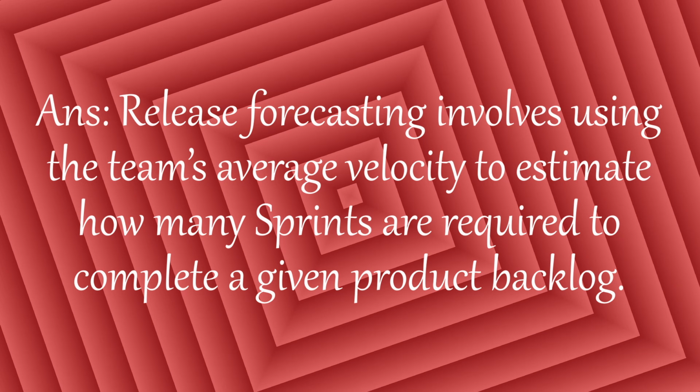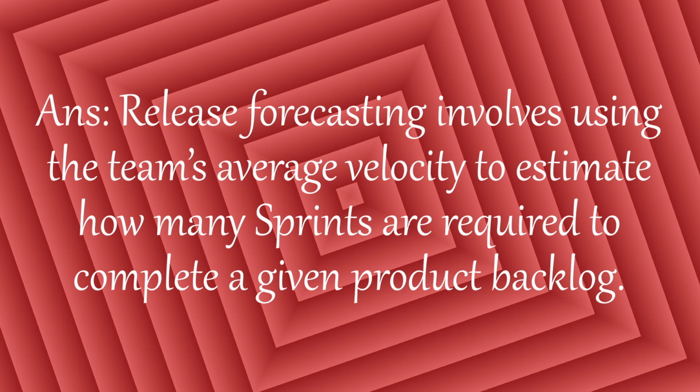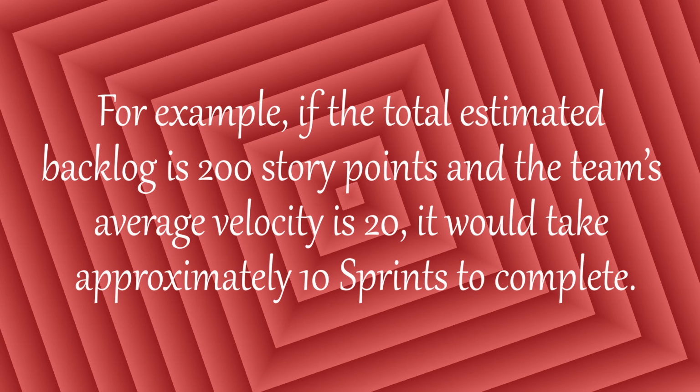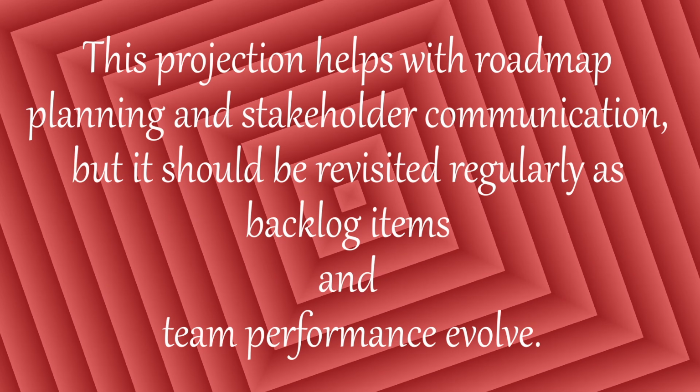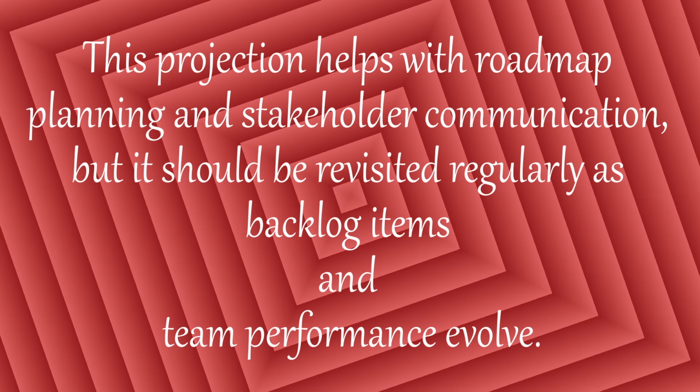Answer. Release forecasting involves using the team's average velocity to estimate how many sprints are required to complete a given product backlog. For example, if the total estimated backlog is 200 story points and the team's average velocity is 20, it would take approximately 10 sprints to complete. This projection helps with roadmap planning and stakeholder communication, but it should be revisited regularly as backlog items and team